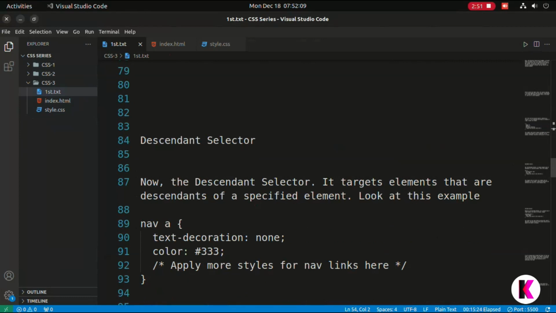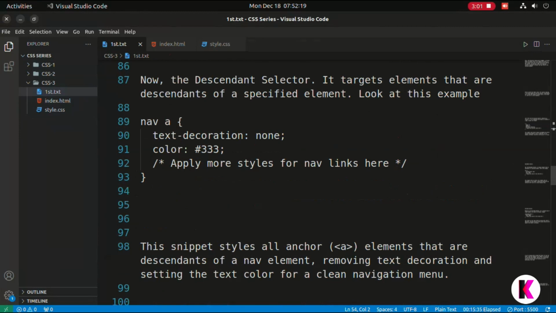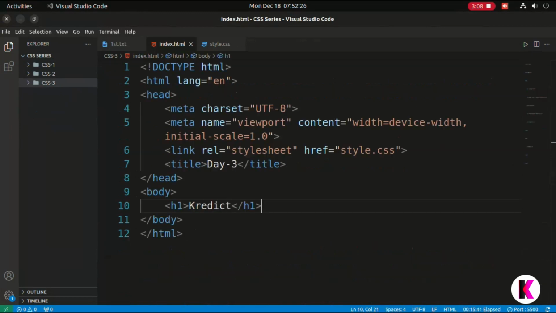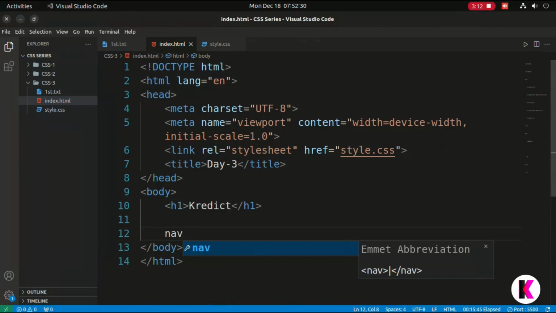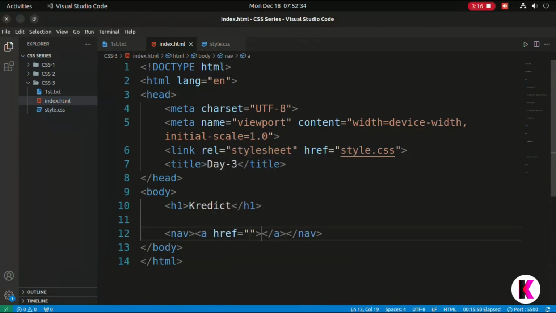So second is the descendant selector. The descendant selector targets elements that are descendants of a specific element. Look at this example. Whenever you have to target an element, like we have a nav tag, and in the nav tag we have an anchor tag, I want to select the anchor tag.